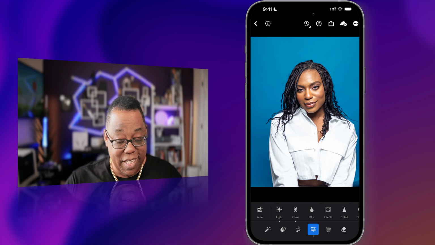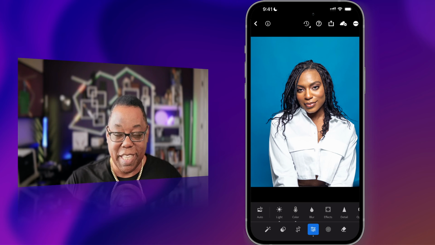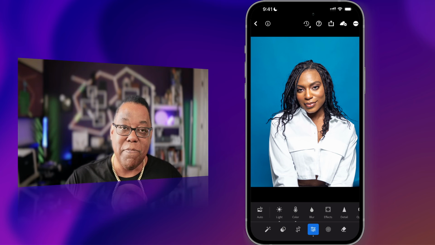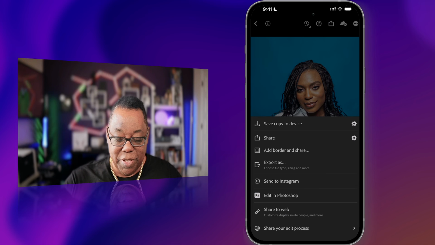I can't replace it, I should say. I can make it a different color, I can make it lighter or darker, I can do some great things to it, but I can't replace it. That's what Photoshop's for. So I'm gonna hit the share icon at the top, and you'll notice there's a button